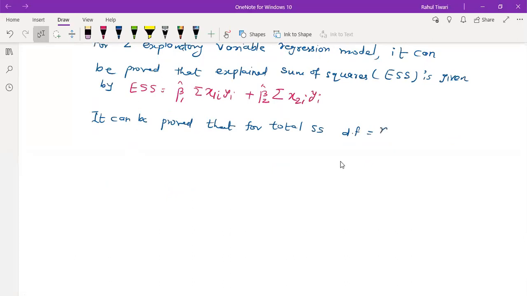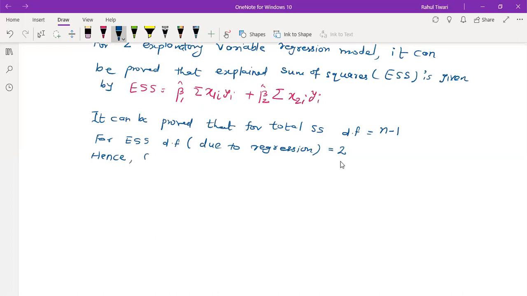Correct. So it is n minus 1. And for ESS, the degree of freedom, this is due to regression, is going to be 2. How is it 2? Hence,